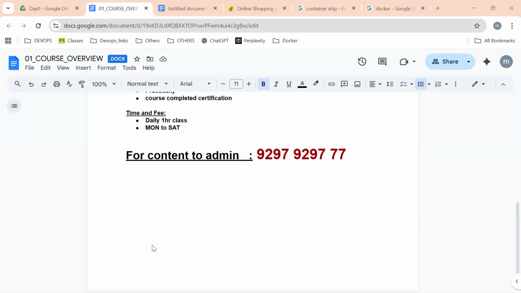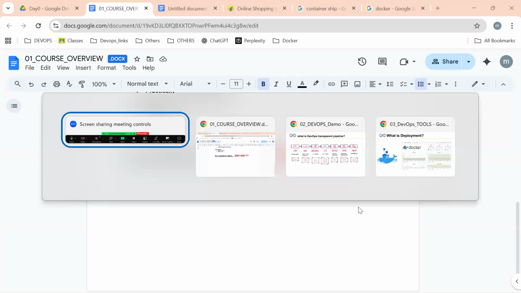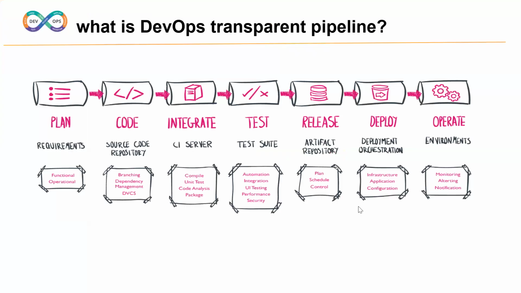What we have discussed in DevOps, give me just 2 minutes, all of you. Please focus on what I'm delivering. It's very important. You asked the right question. What we have been discussing could be from a Java point of view, maybe a .NET point of view, maybe a Python point of view.